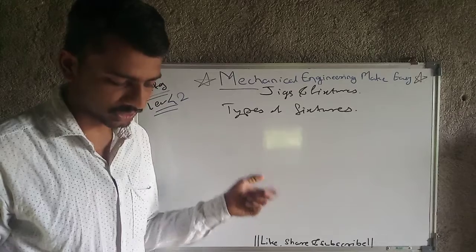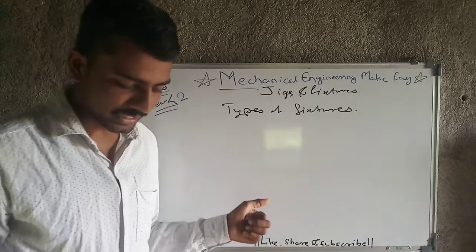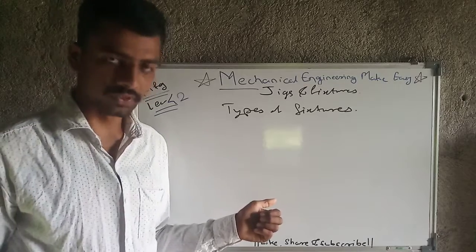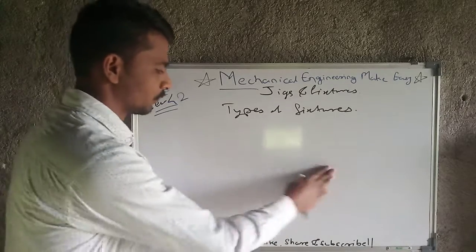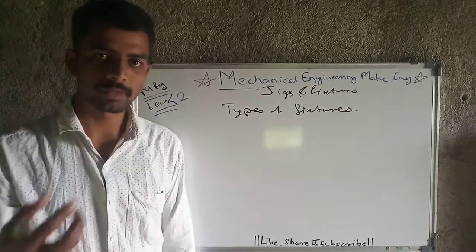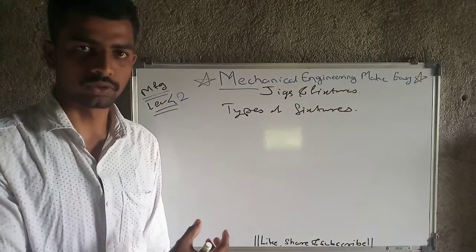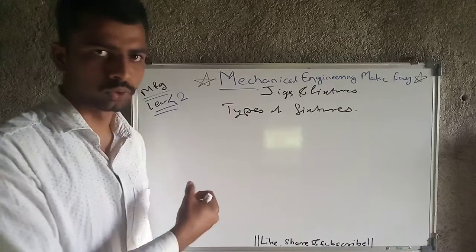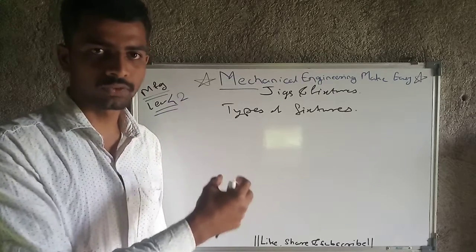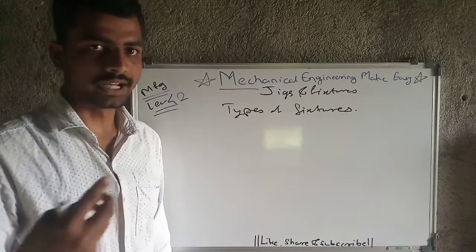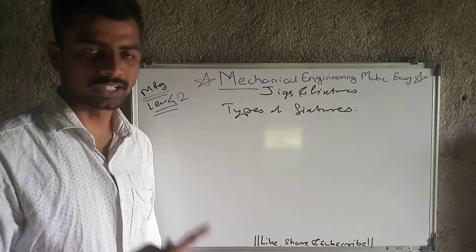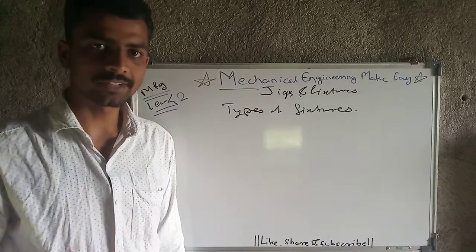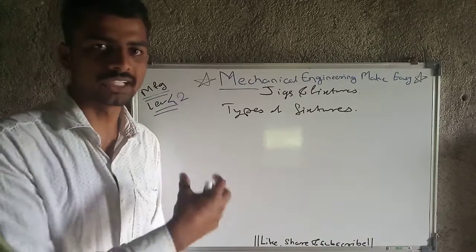Then grinding fixture, broaching fixture, welding fixture, assembly fixture, inspection fixture, modular fixture. So what is the main purpose of a fixture? To fix the workpiece. The fixture is not going to guide the motion of the tool; a jig always guides the motion of the tool and also fixes the workpiece. Both functions are performed by jigs, but a fixture is specially designed for only one function, that is nothing but to fix the workpiece.